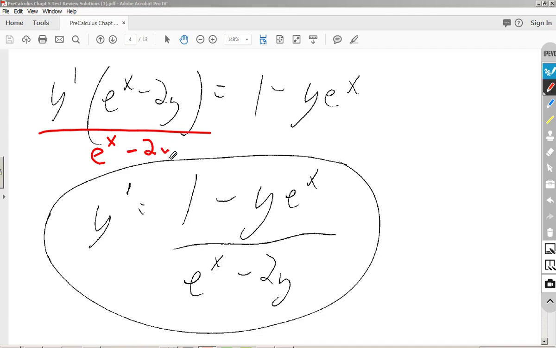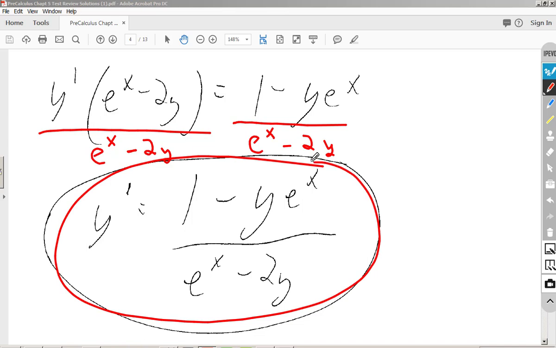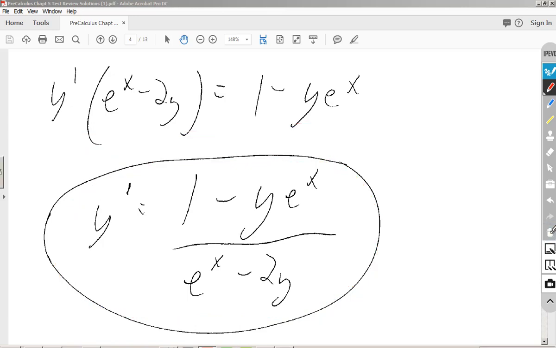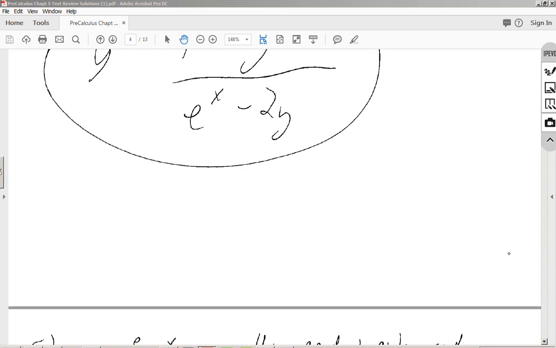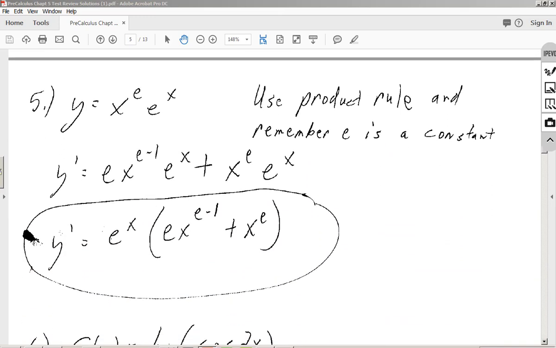So I'm dividing both the left and the right by e to the x minus 2y. And when I do that, I'm left with my answer of y prime equals 1 minus y e to the x, all divided by e to the x minus 2y. Looking at this next problem on number 5,